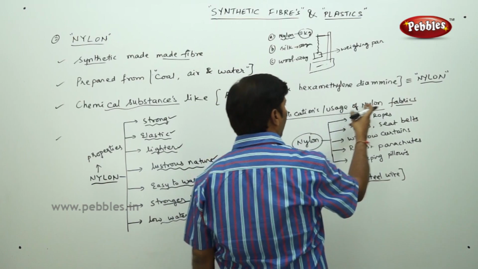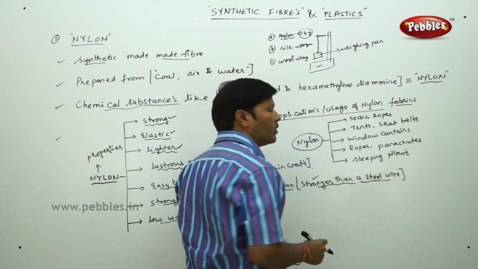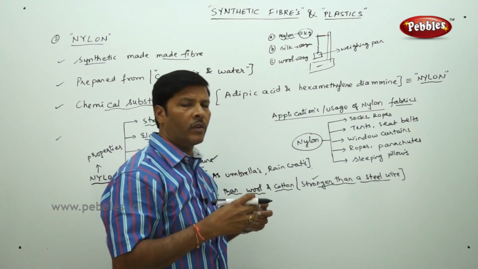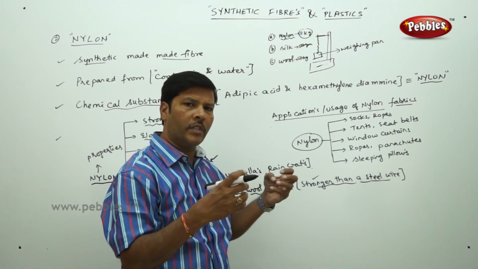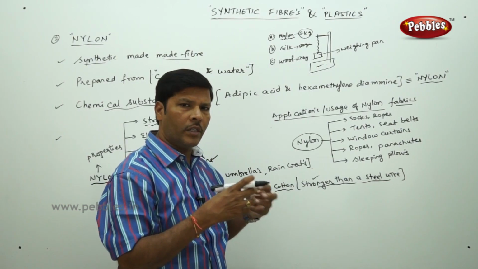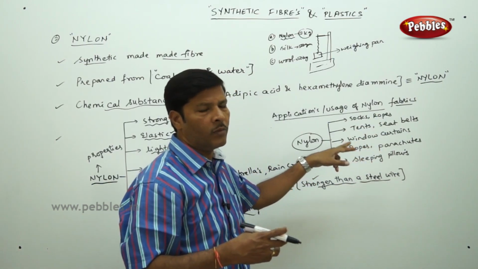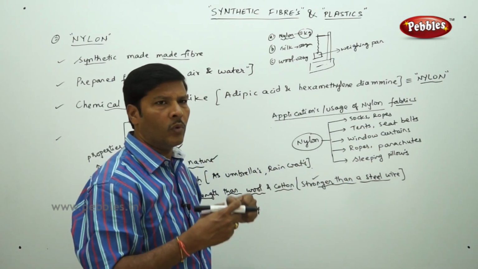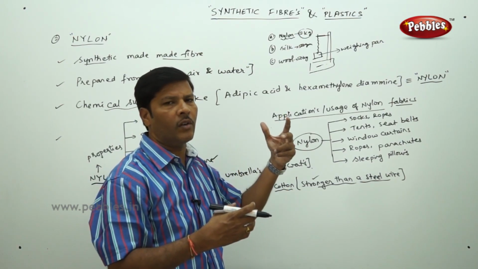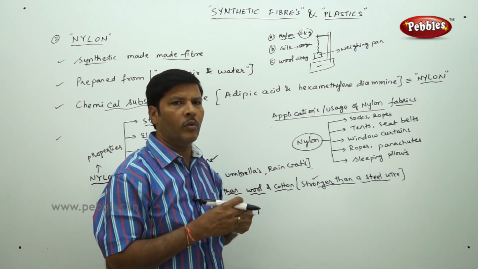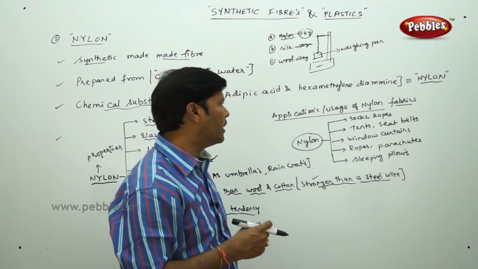Then, applications of nylon as synthetic fibers in the form of fabrics. Nylons are used in socks. The socks whatever we wear are made up of inbuilt elastic fibers. The fibers can expand as well as contract depending upon the size of the foot. So that is made up of nylon fibers. Then you can take mountaineering ropes. These ropes are strong enough to hold a hard surface, and when they are released from a very long height, the ropes can withstand a pressure of 50 to 100 kg. That is the main reason we can use them in adventurous games like mountaineering and so on.